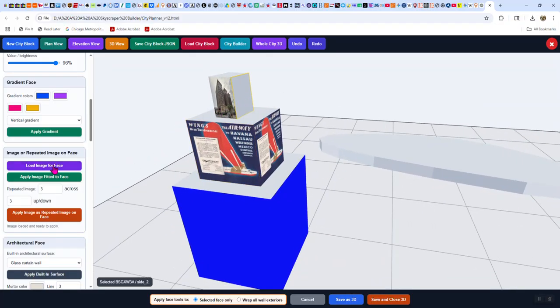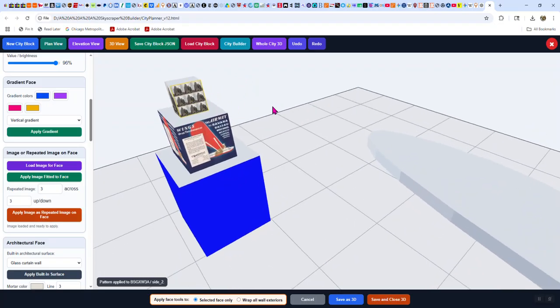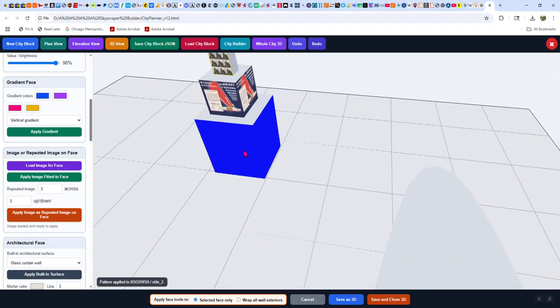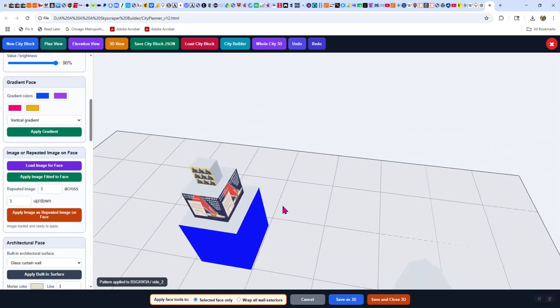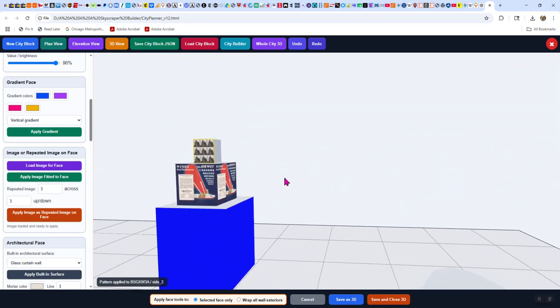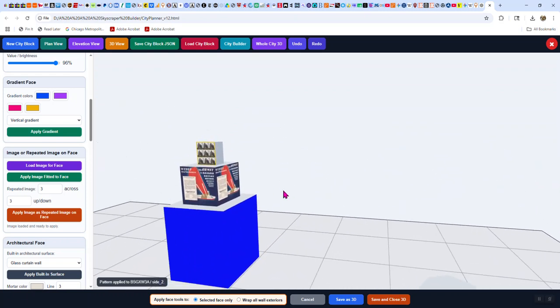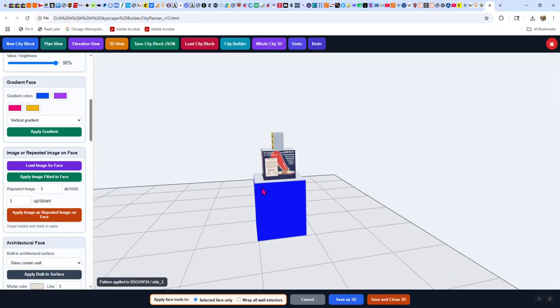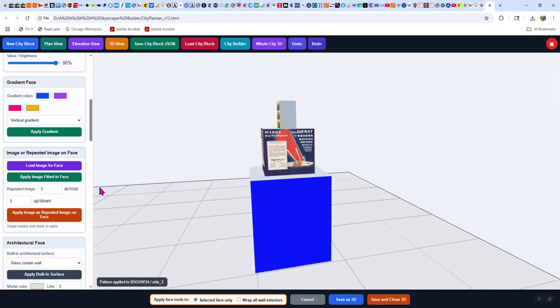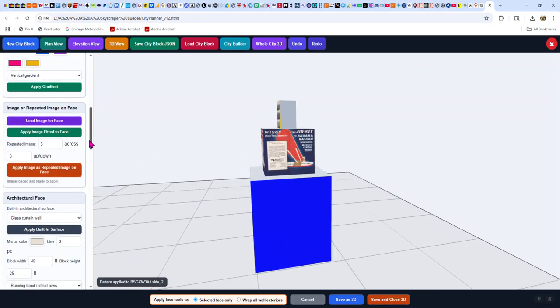You could paint them. Let me try the tiling one. See, it should already have that image in its memory. So if I just say tile it, not fitted image, but tile and apply. Yeah, see, it did a 3 by 3 grid of that same image that I had. Now, I tell you, it takes some practice to get how to move it around right, but that's the same in all these 3D kind of programs. Now let's see. So I could apply picture.